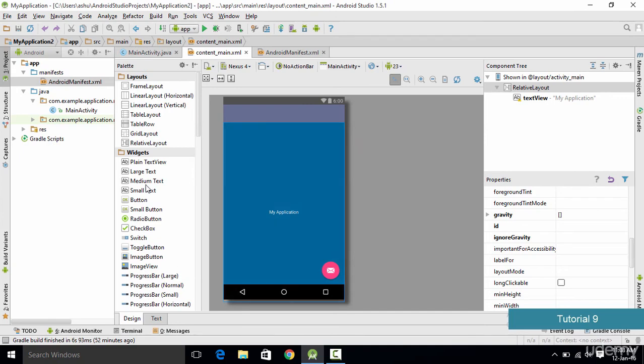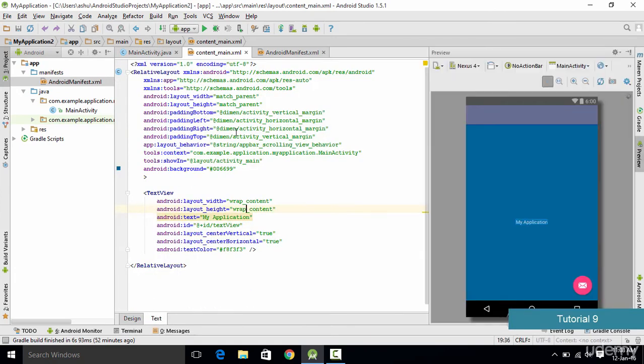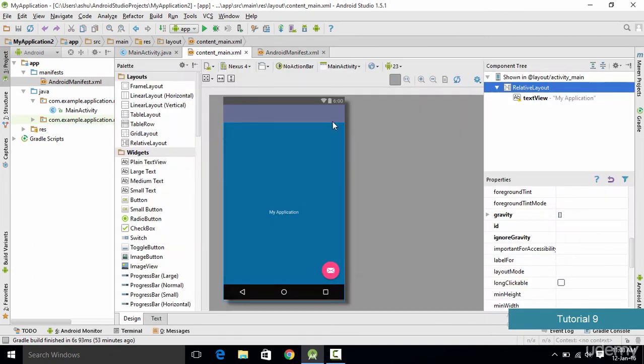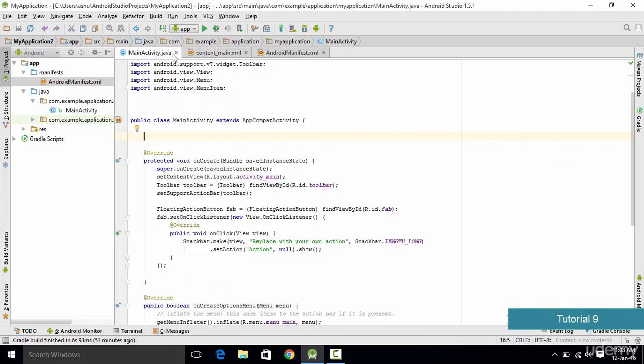So the first way was the design view, or the design way, in which you could simply drag and drop the elements onto your activity and then just use the properties in order to change the content of it. And the next way was by using the XML code, by using the XML tags, which allows you to insert any element on your activity screen, and you could also change the background color as we have done right over here. Now in this tutorial we are going to leave the user interface apart, and we are going to go in much more depth about the activity's logic.